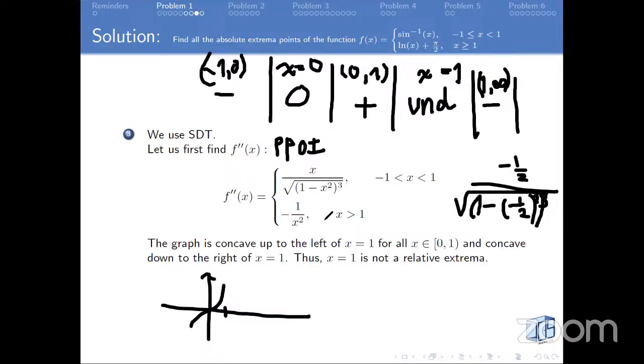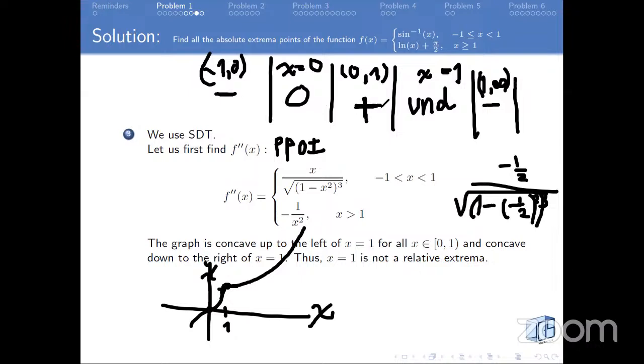Dito magmumula yung second part ng function natin, tapos mula diyan, ano yung graph ng ln of x plus pi over 2. So kung mapapansin ninyo, ito yung x equals 0, tapos ito naman yung x equals 1. Parang nagkaroon tayo ng a cusp dito, tapos dito naman nagkaroon kayo ng point of inflection, because sa point of inflection nagbabago bigla yung